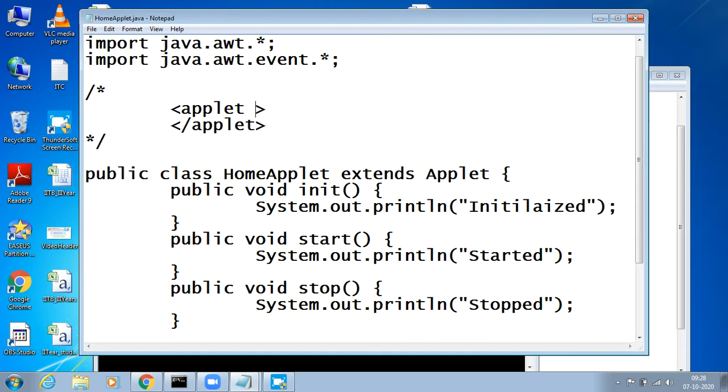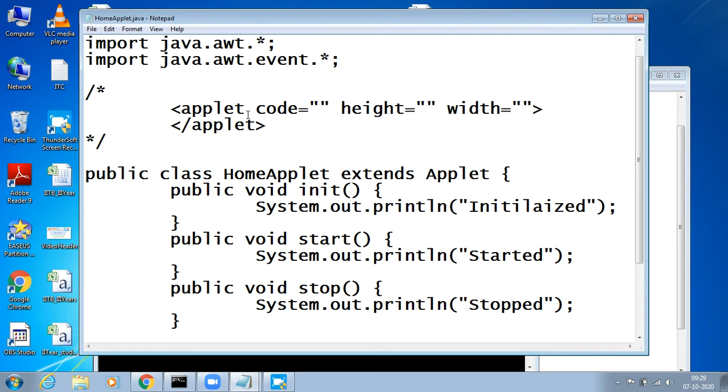So this is an applet code. See, applet has a root tag called applet and a closing tag called applet. Applet has a few attributes: one is code, one is height, one is width.